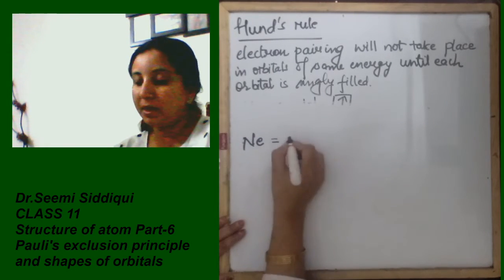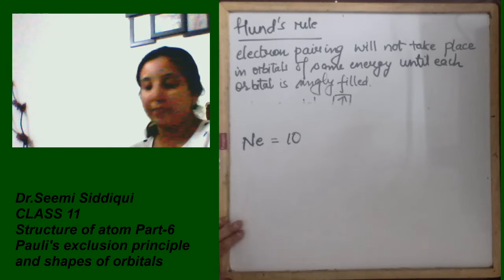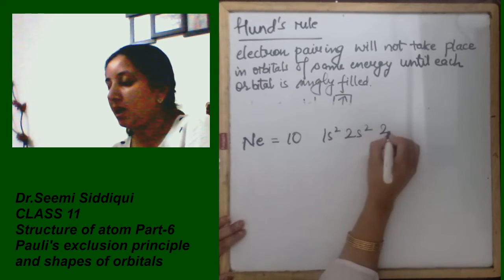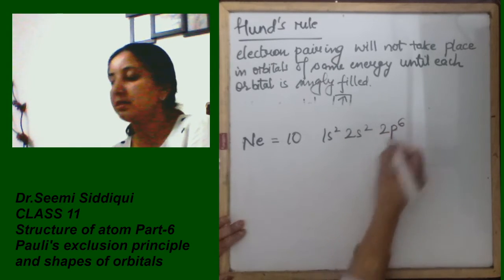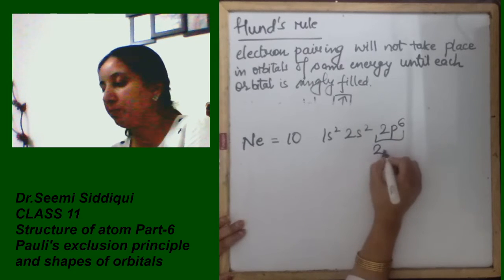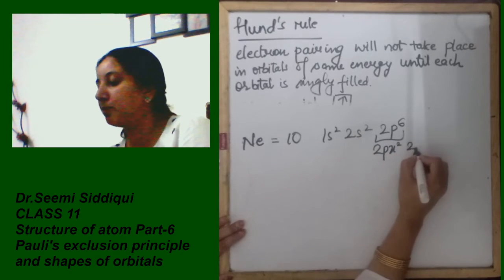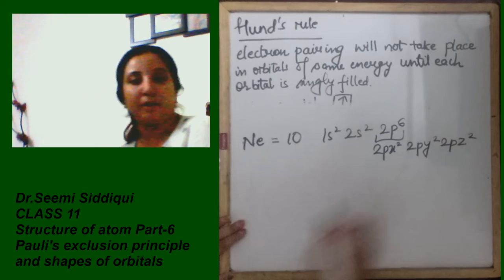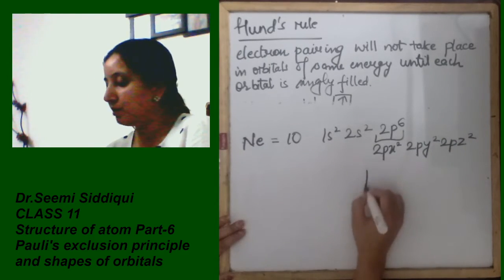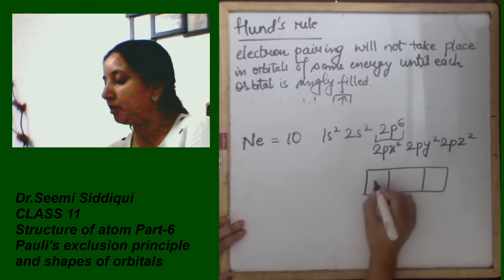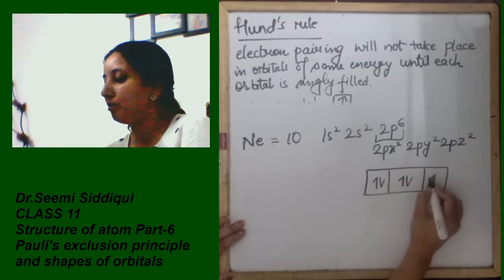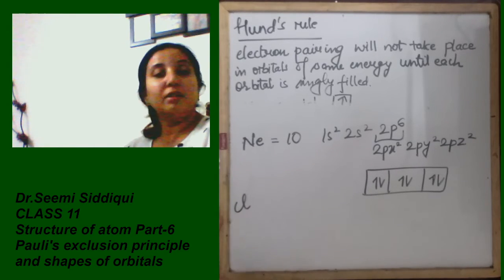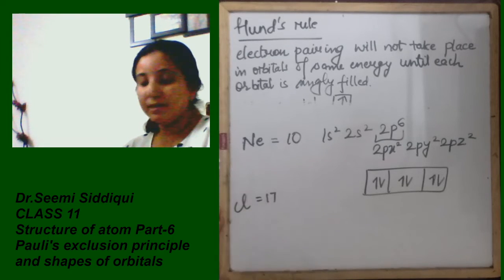Your neon atomic number is going to be 10. So that is your 1s2 2s2 and 2p6. 2p6 को अभी हम बिगनर्स हैं तो I am going to write 2px2, 2py2, 2pz2. Okay, if we show that, मैं अब सिर्फ p ऑर्बिटल शो कर रही हूँ, 1 2 3 4 5 6 like this. Now I was discussing for chlorine, 17 है.